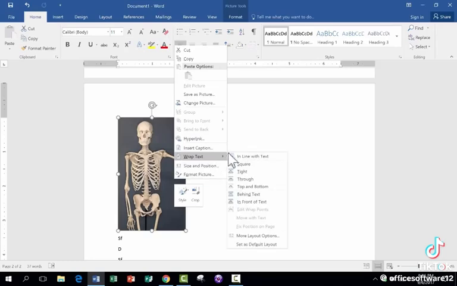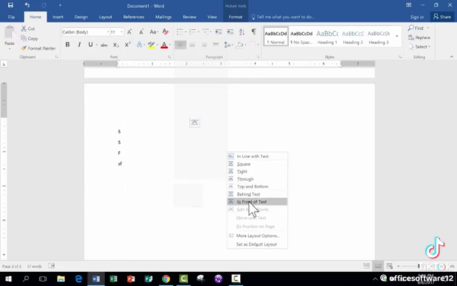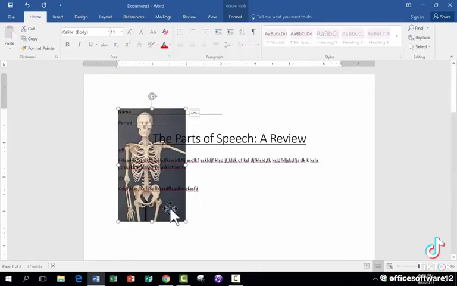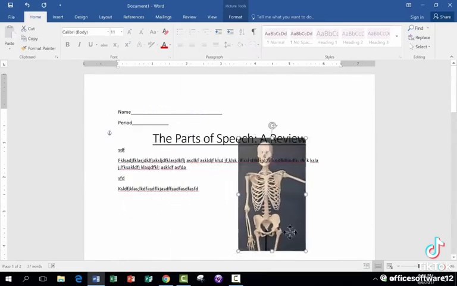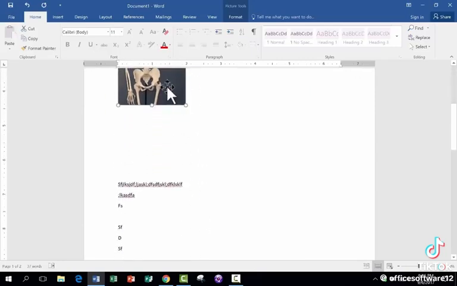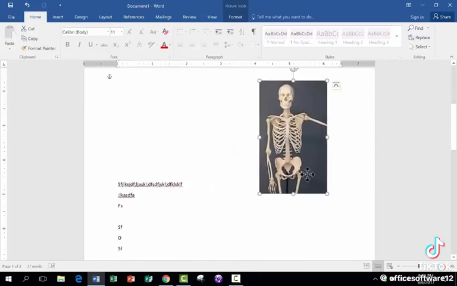So here in Wrap Text, I'm going to go with in front of text or behind text. Either one will work great. I guess I'll choose behind text. And now you can see what happened. Now it's moving much more freely. I was not able to do this before. I was not able to click and drag and put the picture